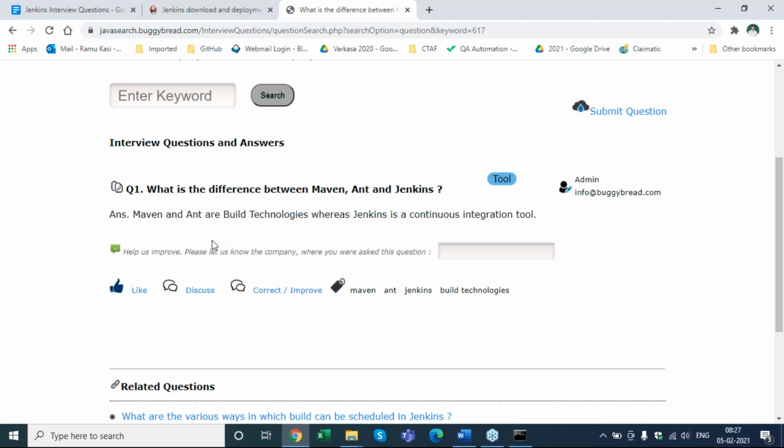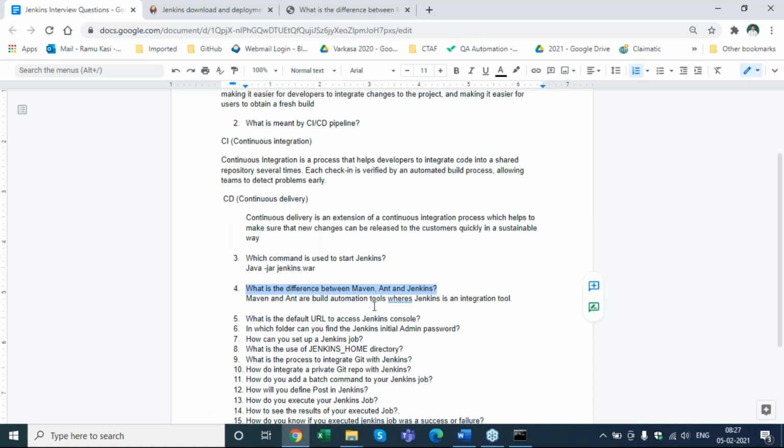So Ant is a little older technology. Maven has come over Ant. It is a newer version of Ant. Maven is a build tool that helps us with dependencies that a project needs. One of the biggest things is about the dependencies, and we are able to put it together as a Maven pom.xml file and talk about what dependencies we have within it as jars, and they will get downloaded before we build or run.